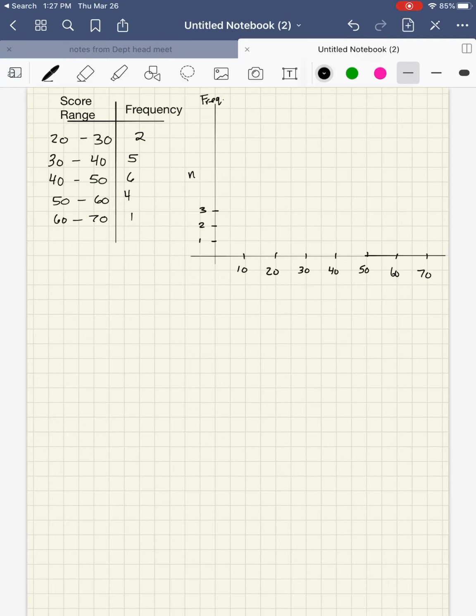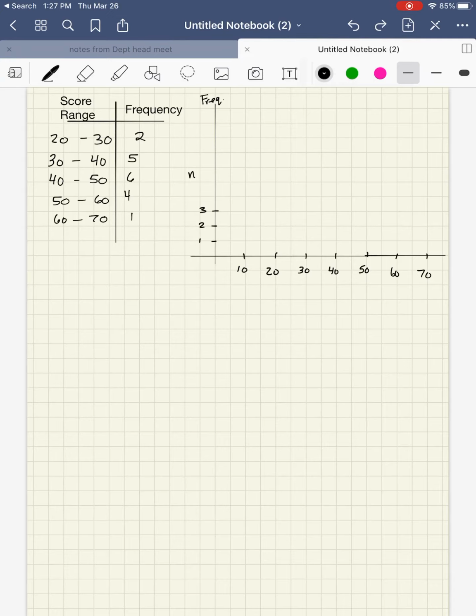So for example, there might be a 25 and a 27, but no other numbers between 20 and 30. There might be 65, but no other numbers between 60 and 70, because there's only one number between 60 and 70. We don't know what those numbers are, but we don't need to in order to do this. Essentially, we're going to have one bar for each of the rows in that column. So row 1, I'm going to have a bar that stretches from 20 to 30 that is exactly